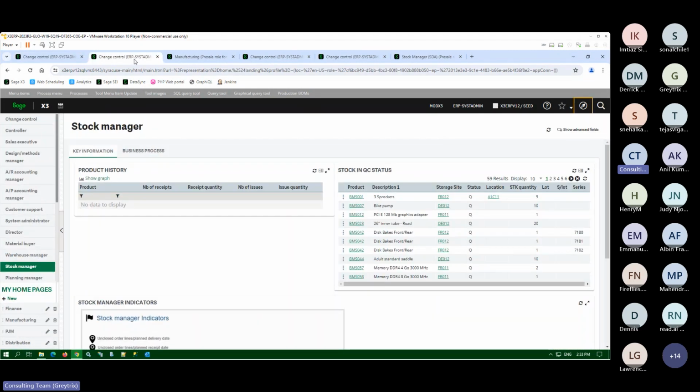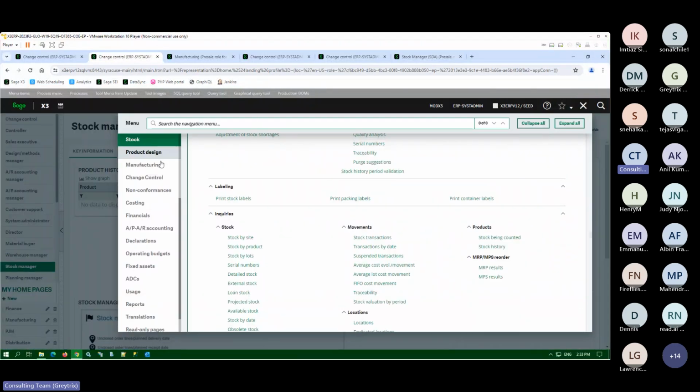Now, when we mentioned inventory management, we have tools that help us to view, at a snapshot, what is the level of our inventory, or how much stock we have. For example, this here is a standard dashboard. This is an example of how much stock we have in QC status. It tells me that we have 5 quantity in QC status, and I'm able to export this into an Excel report and come up with more